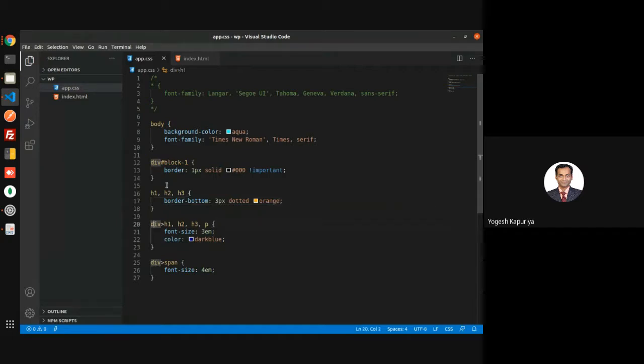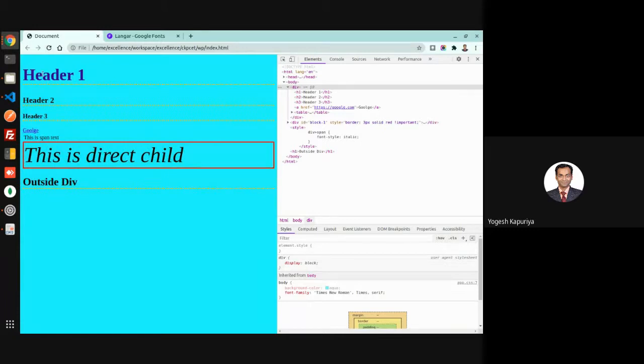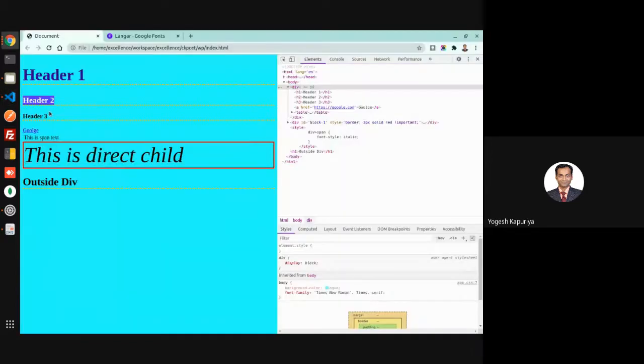So I have some property which is similar, then I may have other properties which might not be similar, so that also is possible. Since your border bottom is similar for all the header tags, you should write it in a single block, so that in future if you want to change to another color, you can easily do it. So that can be applied to all the tags.